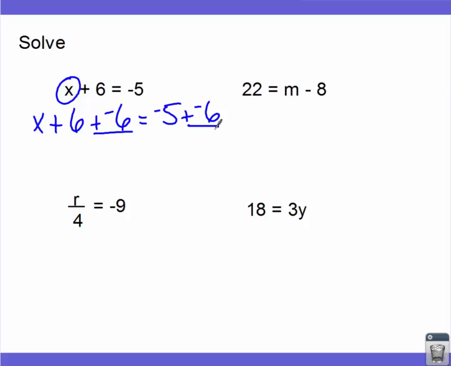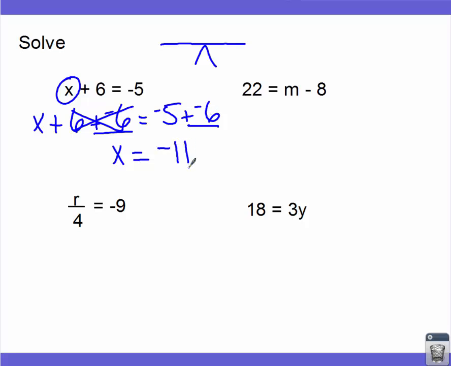If you remember the playground seesaw where you had a board right here and you had a little balance point, and this would go back and forth and back and forth. Well, this has to maintain balance. And in order to do that, you have to have the same stuff on both sides. So if I add something to one side, that's going to make my balance go out of whack. Okay? So if I add the same thing to the other side, that now makes it balanced because it started out equal. So now when we do the rest of the math, my 6's will turn into 0, which means they go away, and I'm left with x is equal to, and then negative 5 and negative 6 gives you